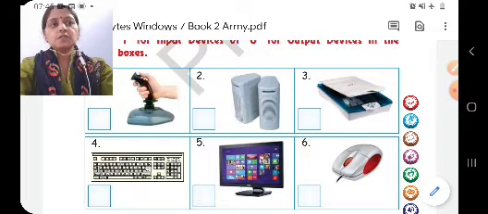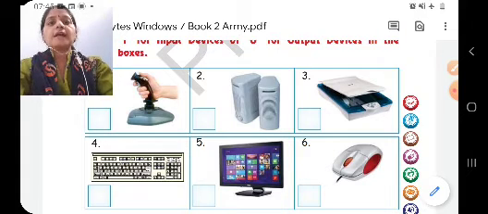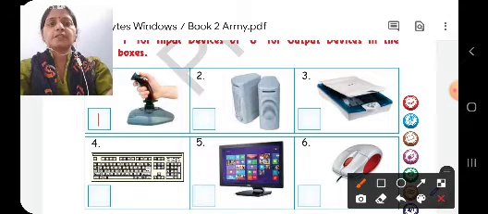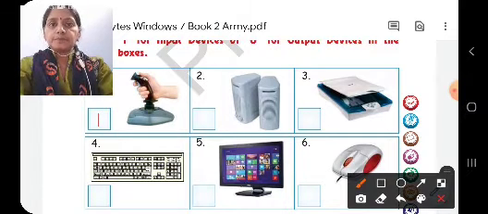So in the box you will write I for joystick.